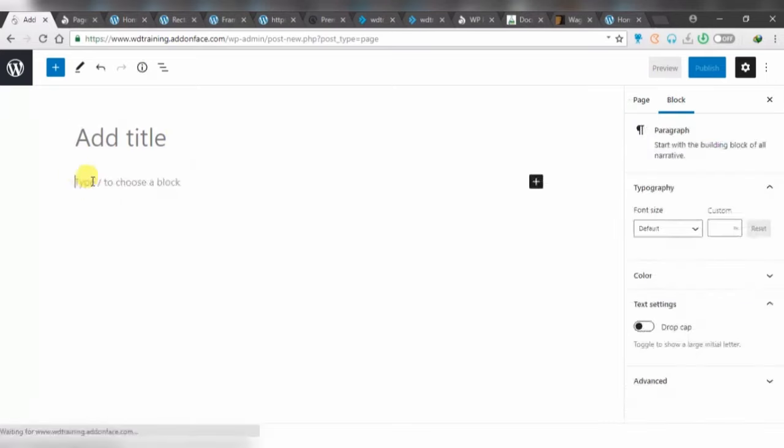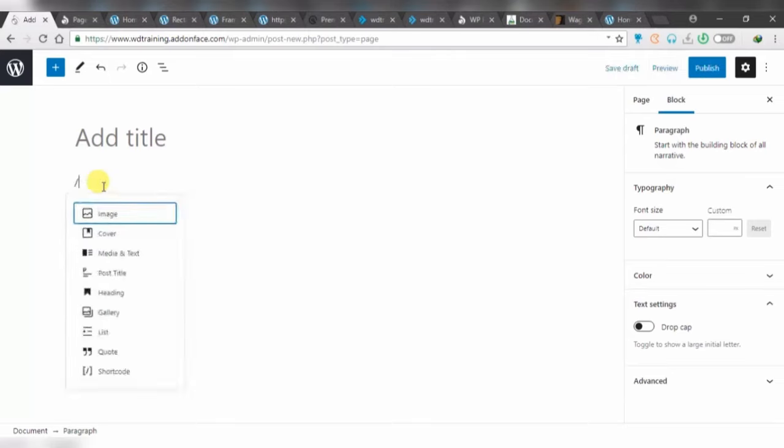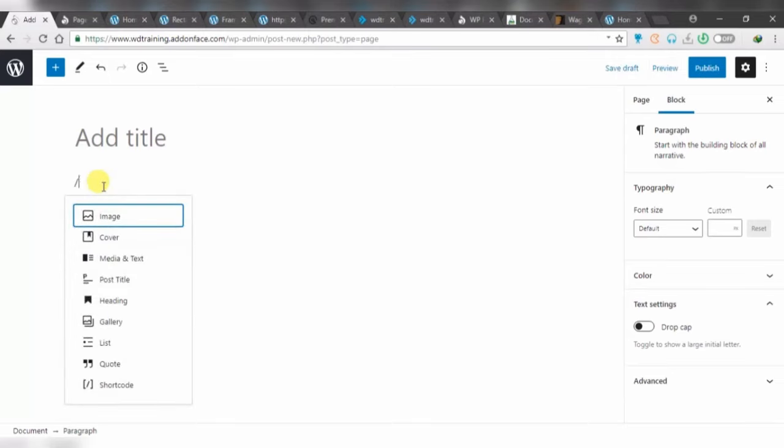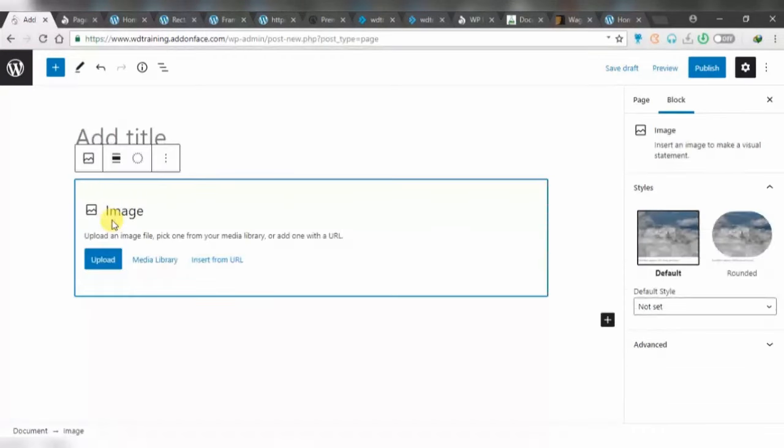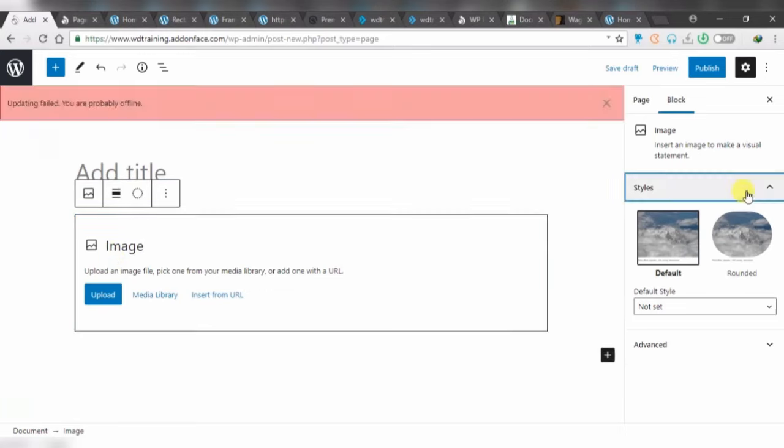We have the type, and when you type the hyphen, it helps you to choose your blog. This is the image block. Okay, what is a block in